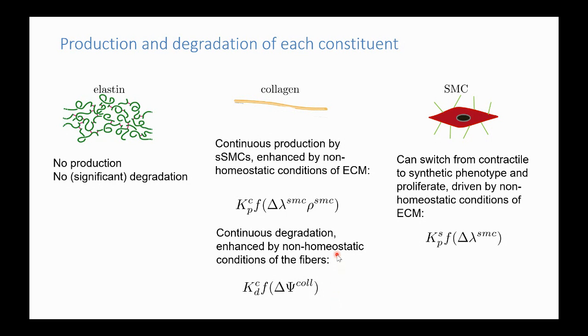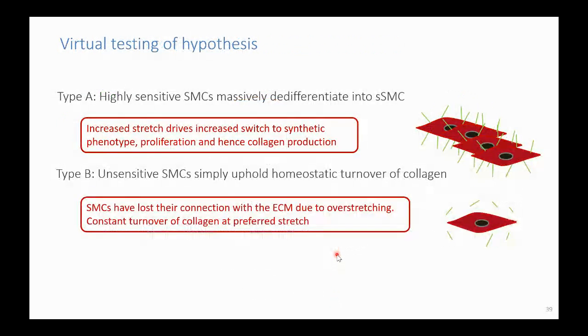And in a first instance, we don't yet go to more complex finite element implementations, but in a very simple 1D setting, we test our material description, and we virtually test this hypothesis that I'm going to explain. So we have a type A material in which the smooth muscle cells are really sensitive to their environment, and as soon as they feel an increased stretch, they will immediately and very massively differentiate into synthetic smooth muscle cells,